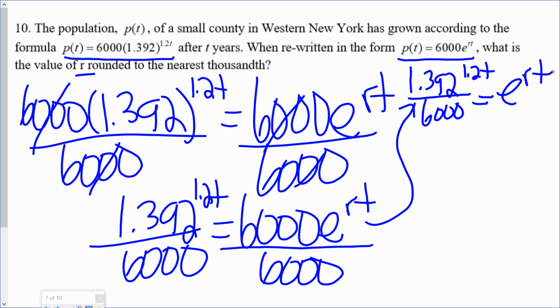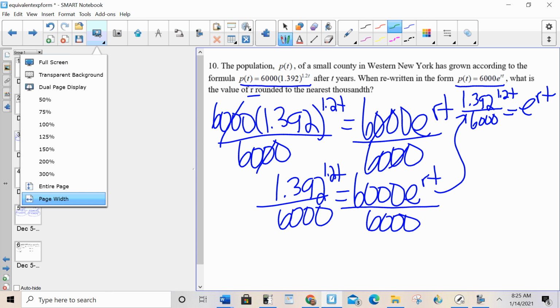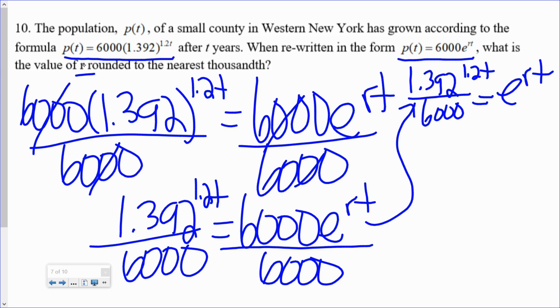Now, to solve an exponential equation, I'm going to take the log of both sides. Since it's e, I'm going to do ln of both sides. So I'm going to get ln 1.392